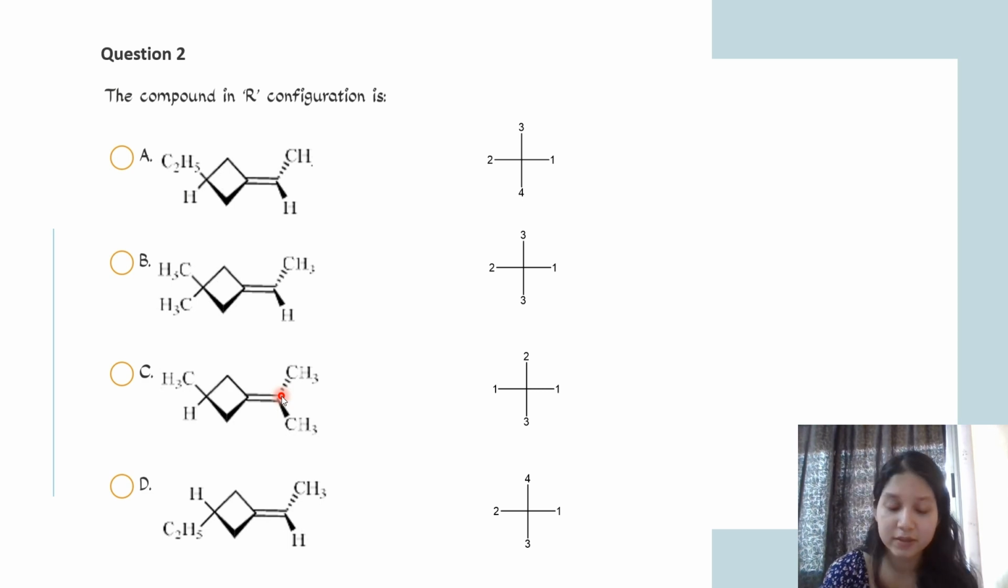Again, this center is containing the same. So in the horizontal plane itself we have the same compound twice. So this compound cannot be chiral. In option D, we have this compound